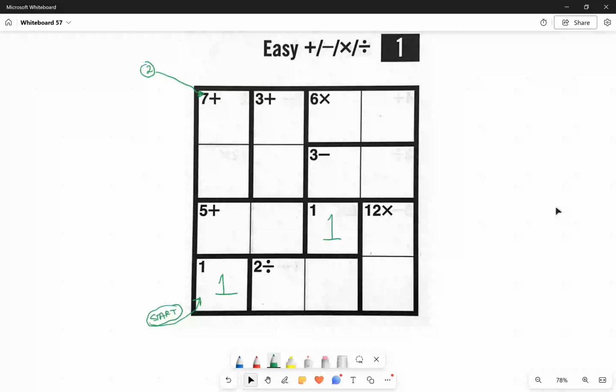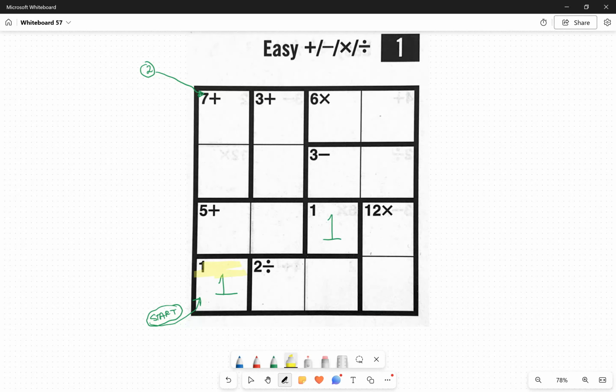In this video, I'm going to show you how I'm solving this easy KenKen number 1. And I'm going to think out loud as I solve this problem, and I'm going to document my steps so that I can model how I would love for you to go about showing me how you solve a KenKen task. So I'm going to start down here in the lower left where you can see I already wrote the